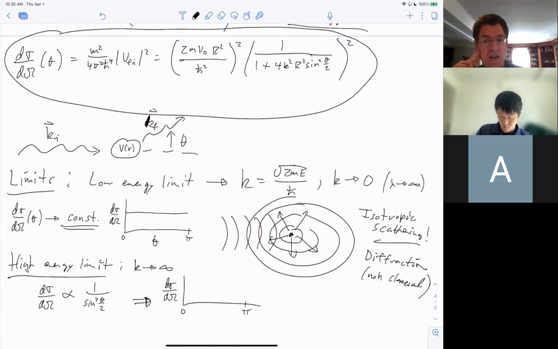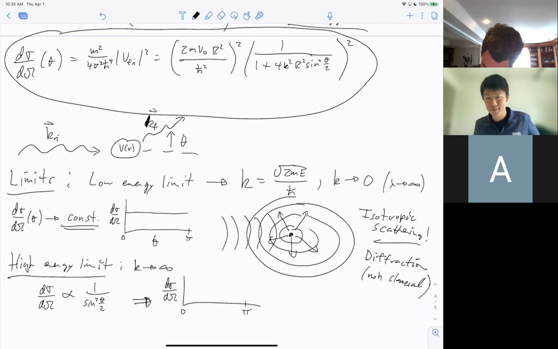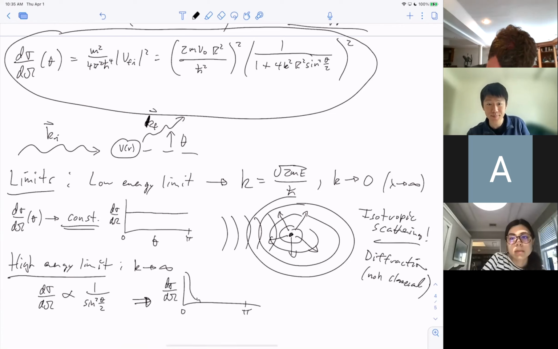Where is it big? Tell me, I'm asking you a question. Where is the d sigma d omega big? At what theta? Like 0 and pi and 2 pi. Oh, no, 2 pi. Yeah, 2 pi. But 2 pi we don't go to, we only go to pi, right? Because pi is as big as we get. So it's highly peaked at 0. So it looks like this. It's highly peaked and then it goes down. You know, it's just some function. But it's peaked